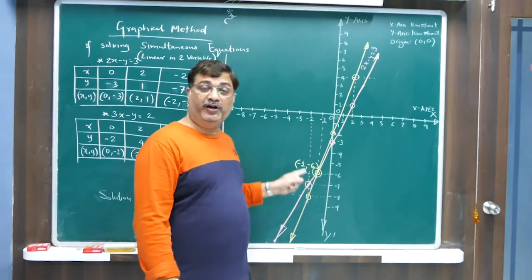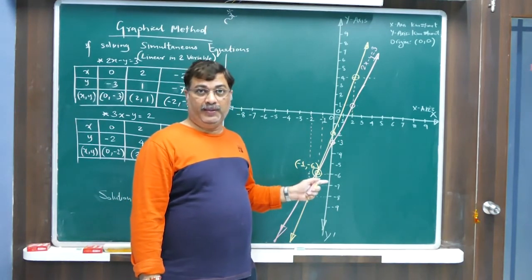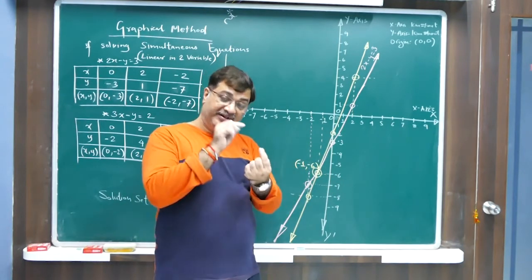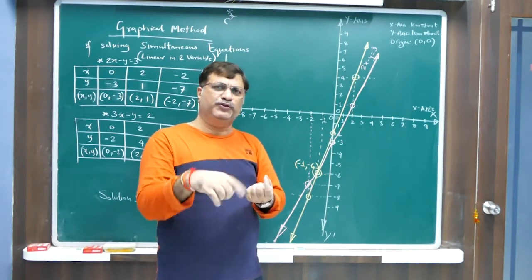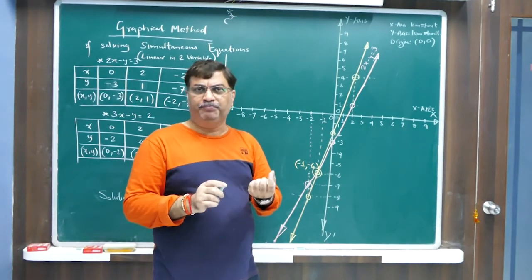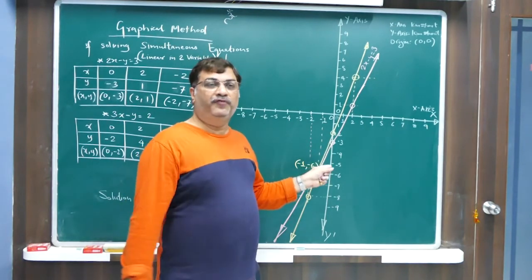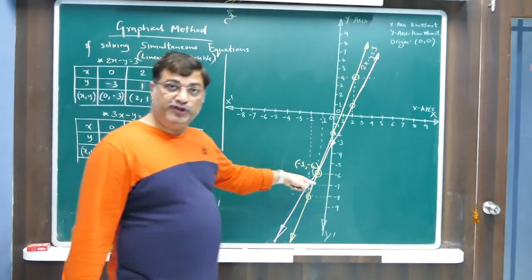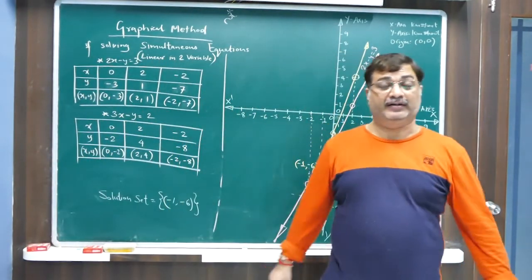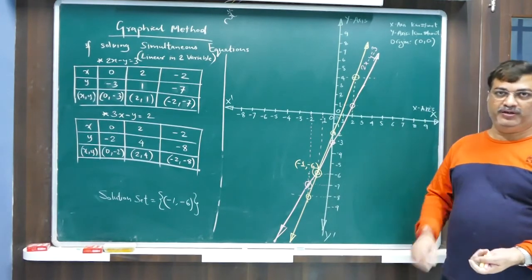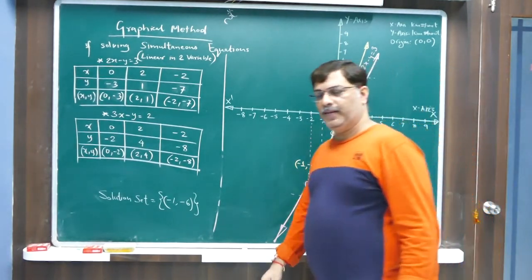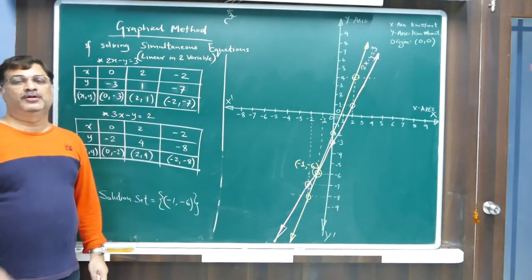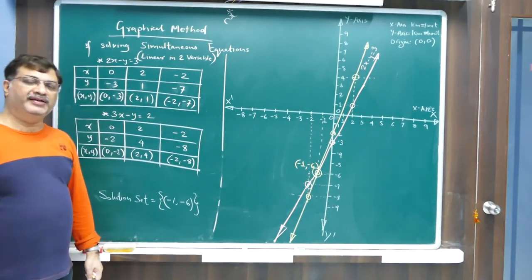So you have to be very accurate here in the graph. And therefore, after drawing, recheck. Go to the rough work column, recheck by any other method, Cramer's rule or elimination method, whatever method you prefer. Recheck whether for these two equations, the solution minus 1 comma minus 6 is right. Check that. Just a verification. Okay, sure. So that finishes graphical method. This is how you will do graphical method. All the best. Complete exercise 2.1.